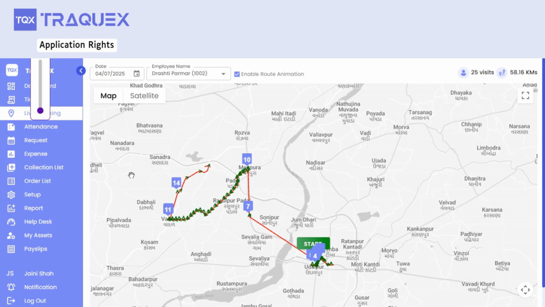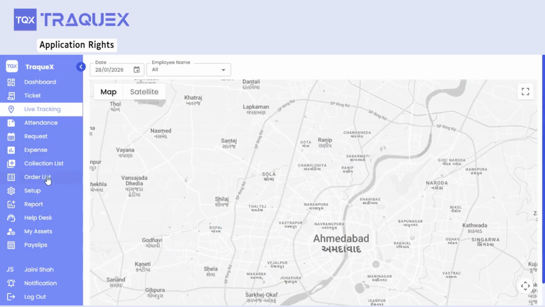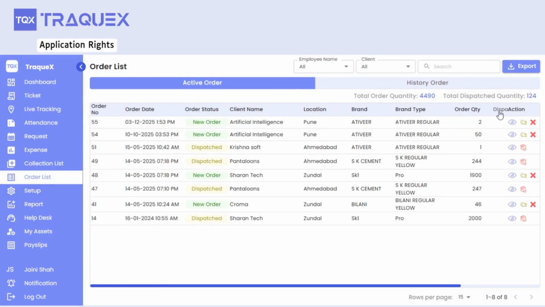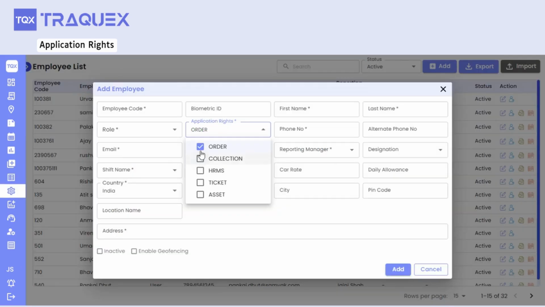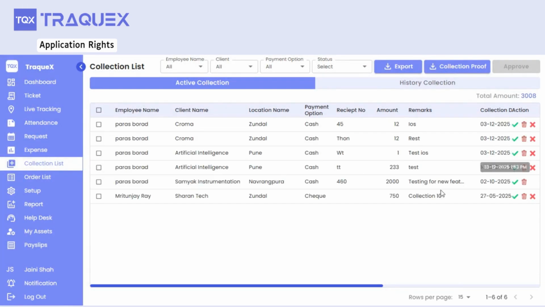Then if you are selecting the application right as order creation and tracking screen will be available. That is this one, order list. And from the mobile applications, they will be able to create a new order from their end. Then there is collection. If you are providing the collection application right, then this collection list screen will be available. To the web user, it will be available for approvals, and for the users, they will be having in mobile applications where they can upload the collections data